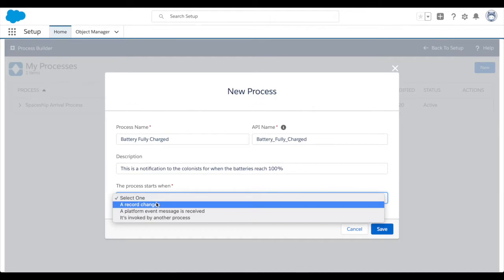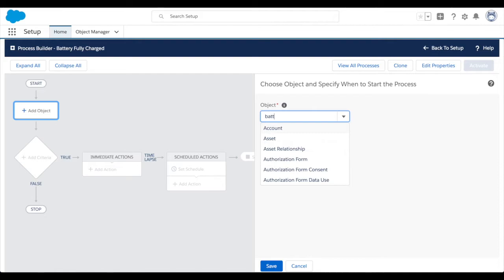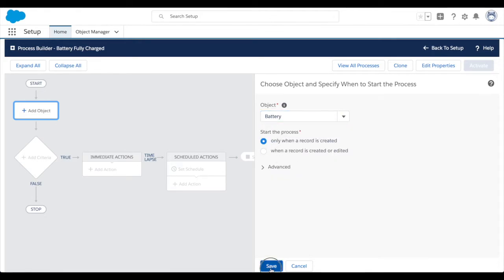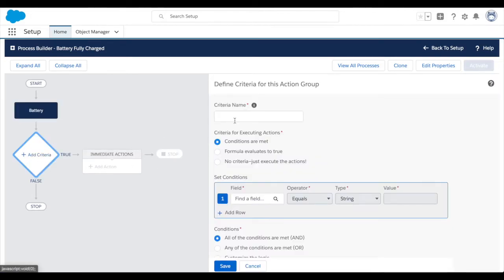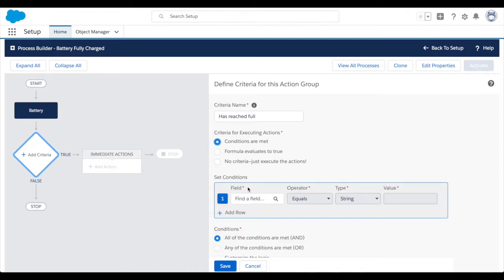So the process starts again when the record changes, when the record reaches 100%, however that happens. The object is battery. When a record is created or edited, we just want to know when it reaches 100%. So edited is important. Criteria name, say has reached full. Conditions are met, that's what we want. And we could also do formula and do battery equals 100%. And I'm just going to do battery percentage equals number